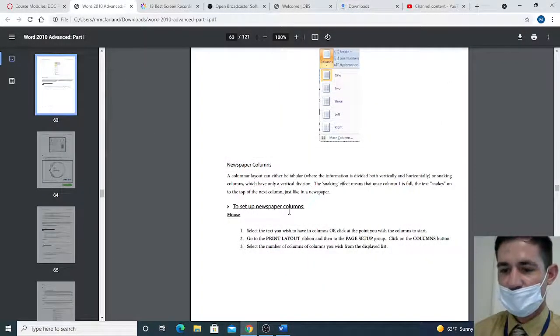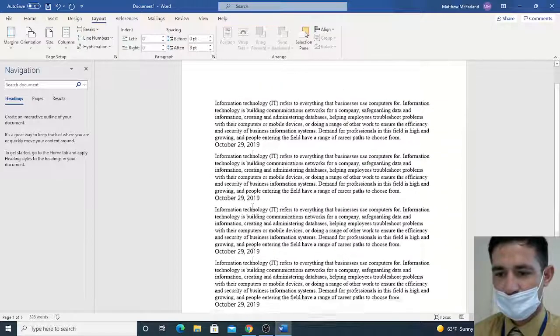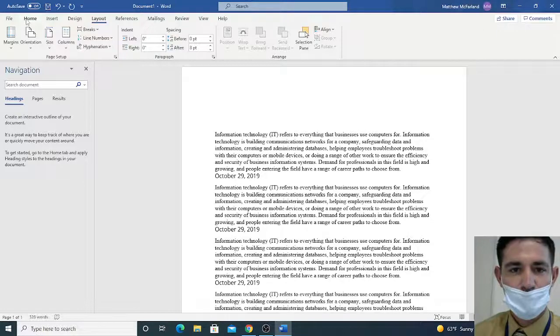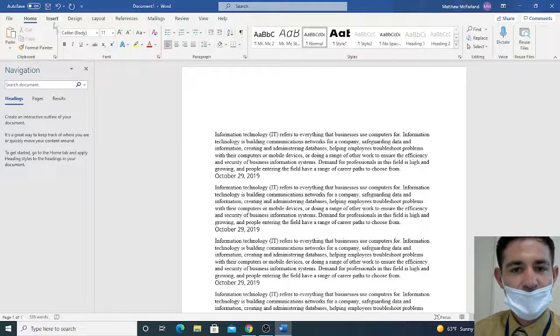Okay, the next section in the chapter covered newspaper columns. This starts on page 63. So after you were done reviewing that, I just copied a paragraph off of the internet and pasted it a few times, and then off the Home tab, I cleared the formatting so that it was no formatting applied, just the default fonts. So now we are going to go over